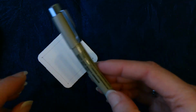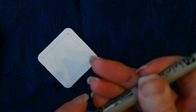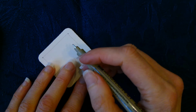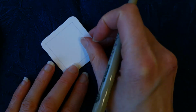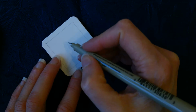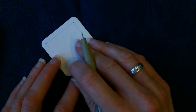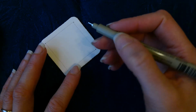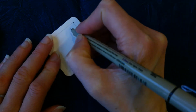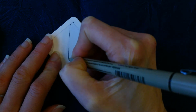Now I'm going to set aside my pencil and move to my pen. The philosophy of Zentangle is a no mistakes philosophy. You don't have an eraser. You just work with what you've got, and anything that happens is okay, and we just keep going. So the first thing I'm going to do for my Hollibaugh, and you can start anywhere. I kind of like doing these diagonally. So I'm going to start from corner to corner, and I'm just going to draw a, in this case, fairly